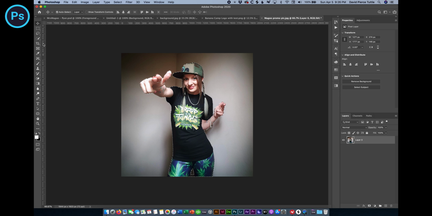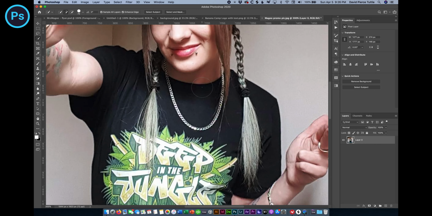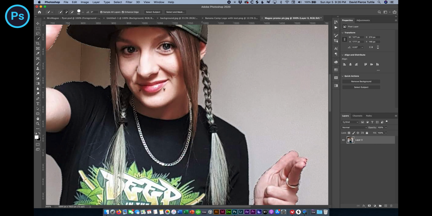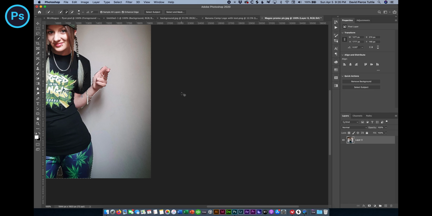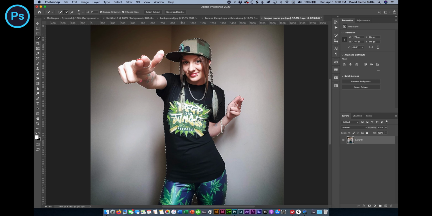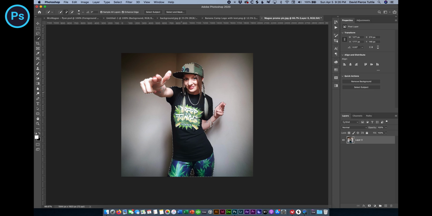You can go in and use the quick selection tool, or W on your keyboards, and you could zoom in and you could fine tune this and use the bracket keys to change your brush size. Hold the Option and cut out some of this stuff, add some in, get it to your liking. But once you have it, let's just say it's good for now. Let's zoom back out, fit to screen, zoom out one more. Let's just say that's good for the